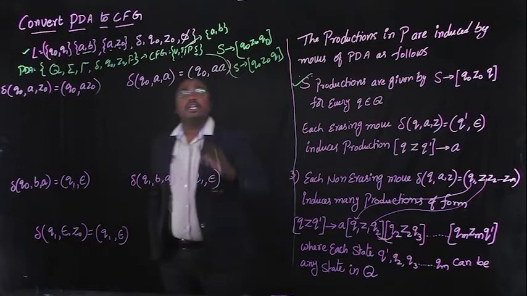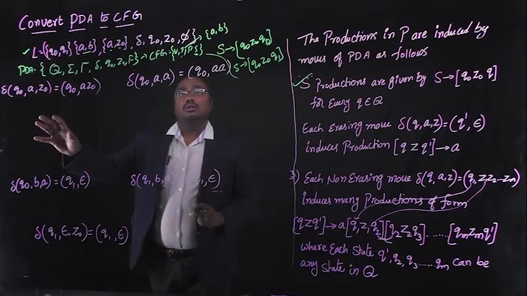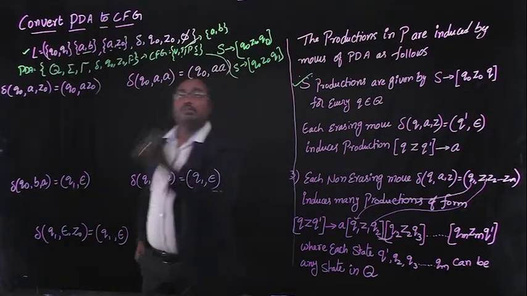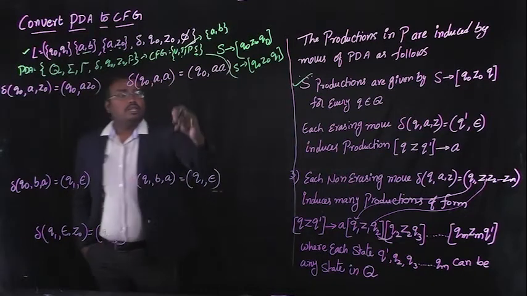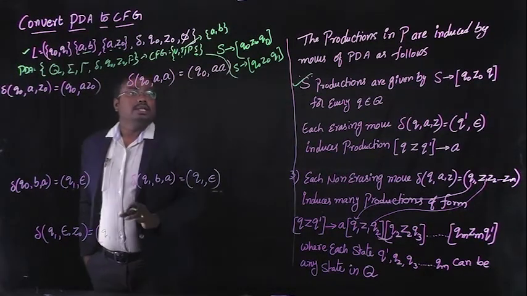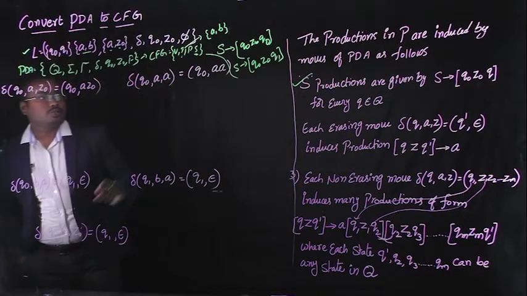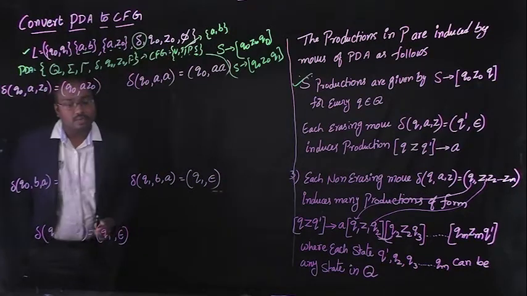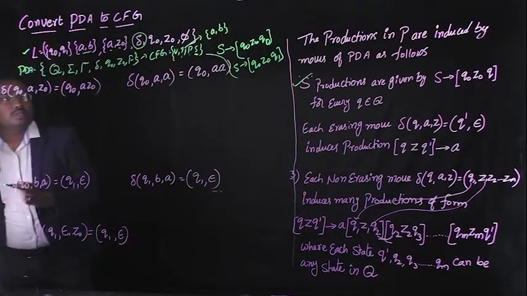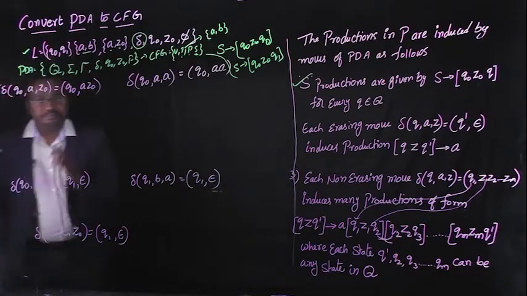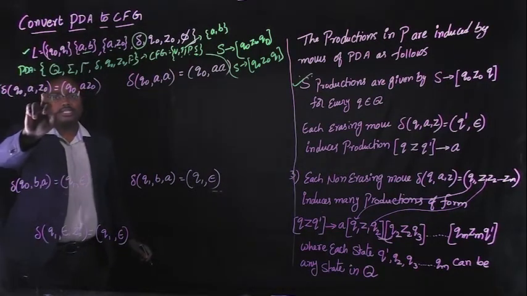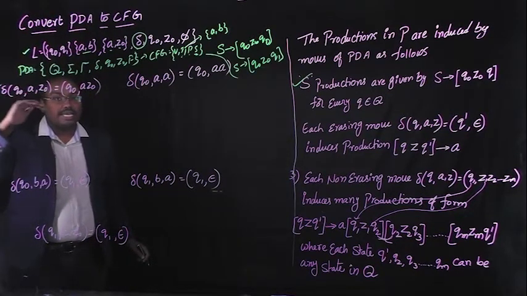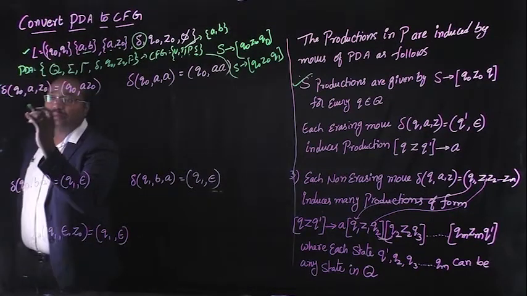Okay, and variables. Here how to write the variables? The variables can be formed from the different production rules, so we'll see later. Next we can write the production rules. The production rules can be formed from the transition function delta. Then how to form the production rules? The first one, for example, delta q naught, a comma z naught. That means in this transition function we can push the element onto the stack.